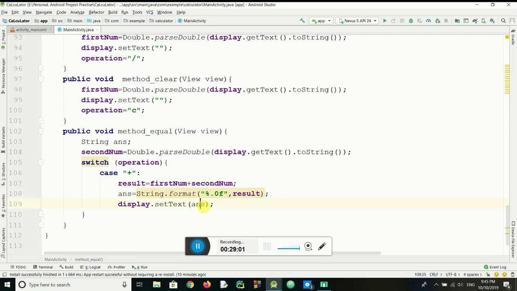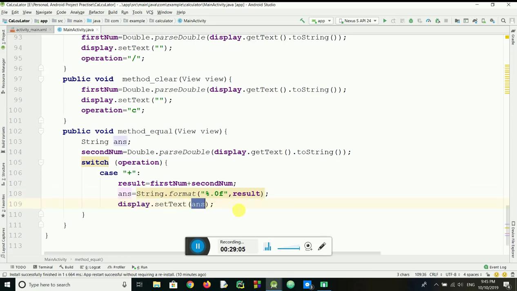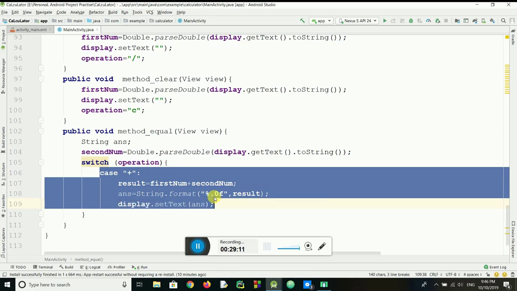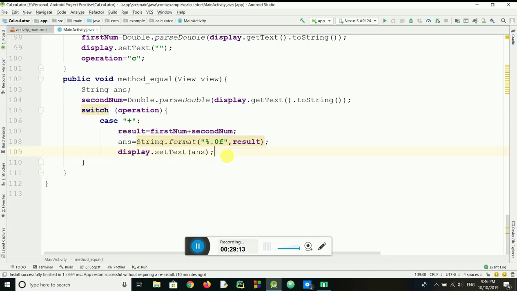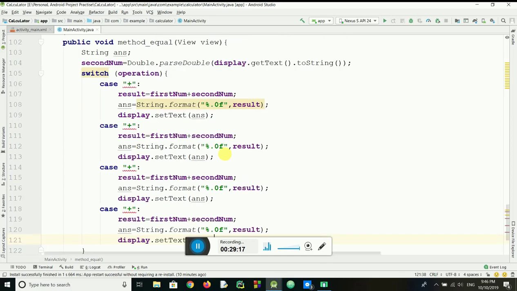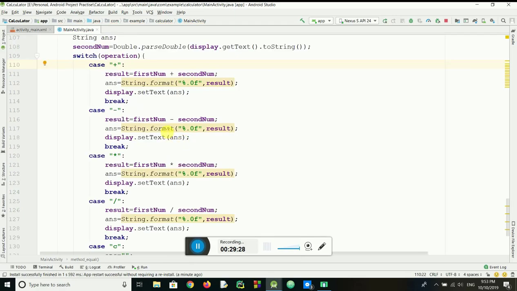So I pass the parameter of answer. Now I'll copy and paste for addition, subtraction, multiplication, and division, it will be used for clean. This is why I'll just pause this video. Yeah, I completed it,